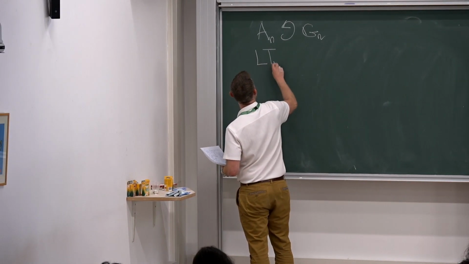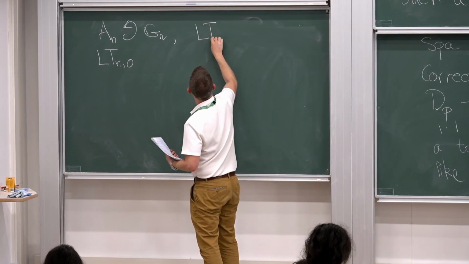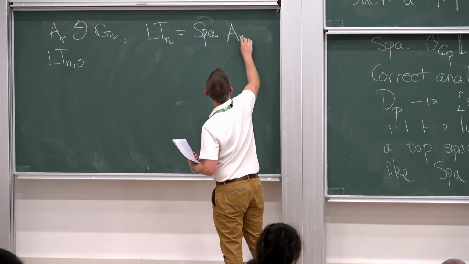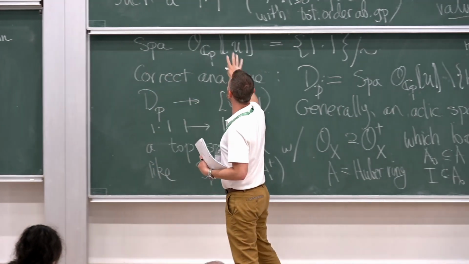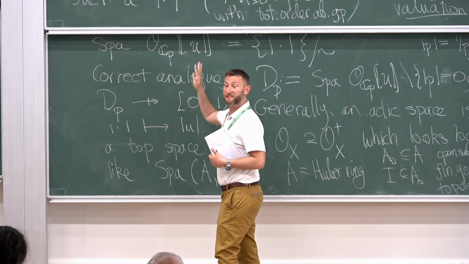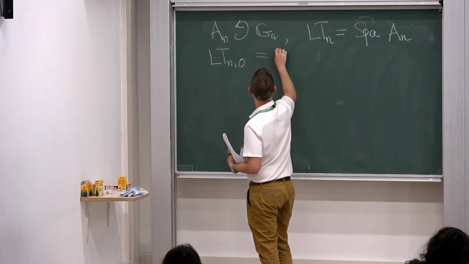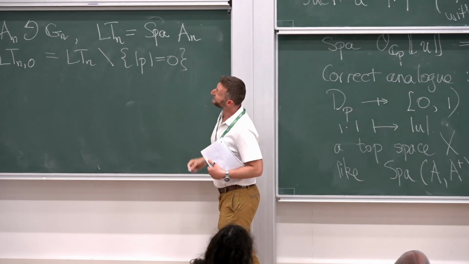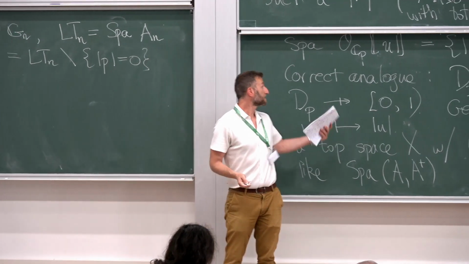The analog of the D that I want to consider is what I'm going to call Lubin-Tate space LT_{n,0}. For one, I can let LT_n simply be the adic spectrum of this ring A_n. If you think of A_n as just the power series ring, then it formally resembles this example. You can consider all the continuous valuations on this, but some of them will be characteristic p points. When you delete all those characteristic p points, what's left over is a characteristic 0 space that I'm going to call LT_{n,0}. So that's like this D_p.